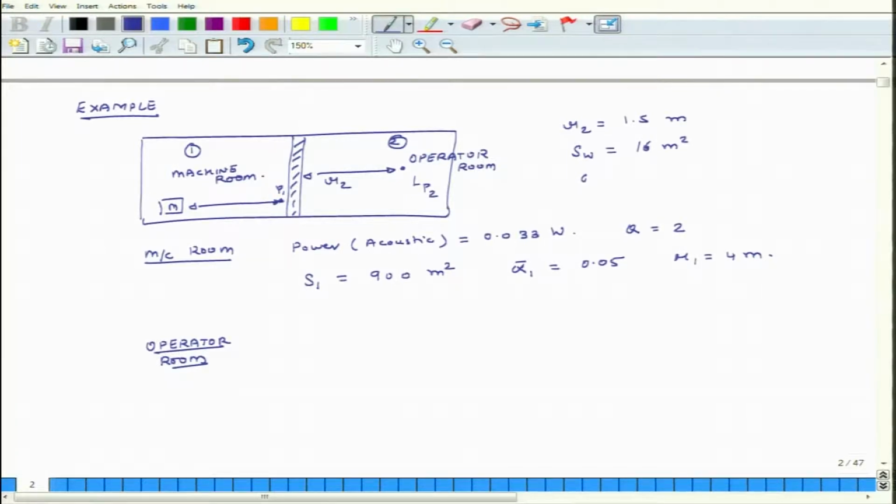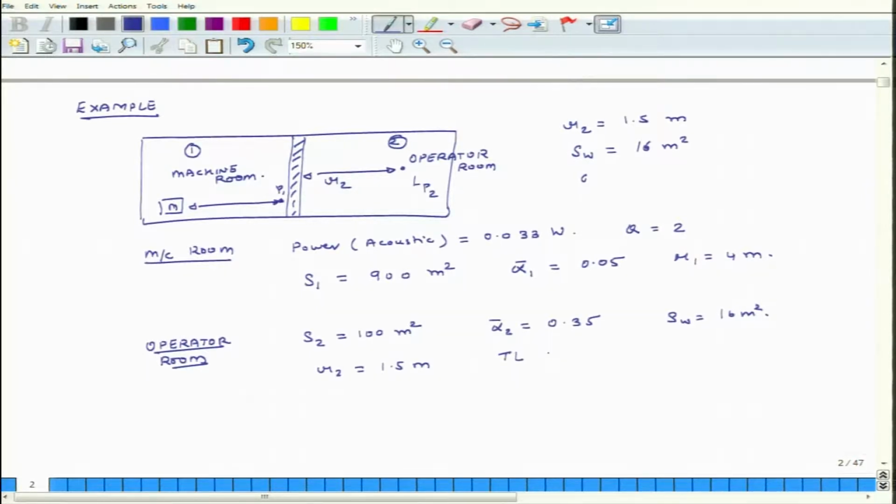So, what are the details of the operator room? The internal surface area of the room is 100 square meters. The average surface absorption coefficient for the entire room, alpha 2 bar, we know how to compute it, so I am just giving you the value directly: 0.35. The area of the wall, SW, is 16 square meters, and the distance is 1.5 meters, and the transmission loss